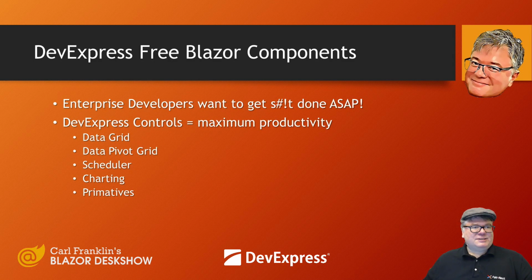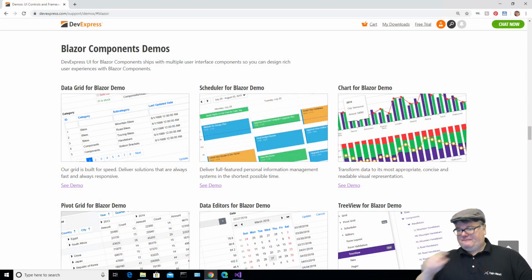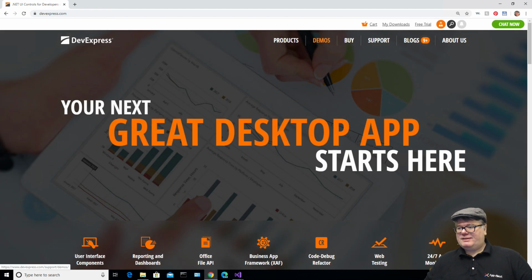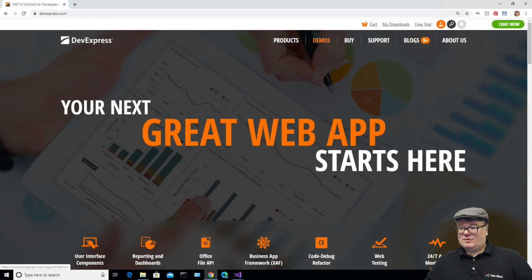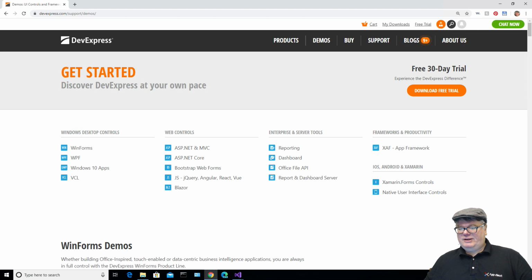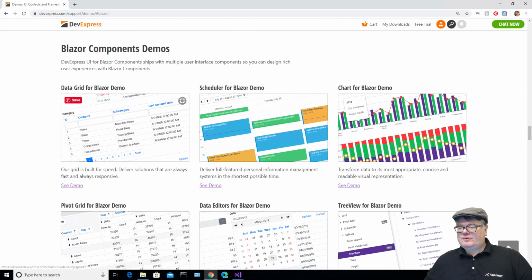I'm going to go over to my web browser here and these are the Blazor components. At DevExpress, you can get there by going to the demos online. Just go to demos, and you can see they have all sorts of controls for every platform, everything you can imagine. But if you go to Blazor, you can see there's a whole bunch of demos for charts and grids